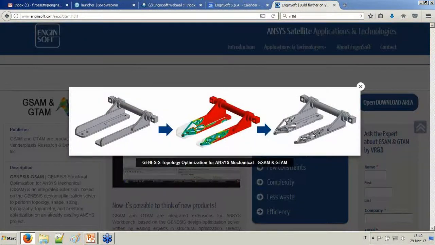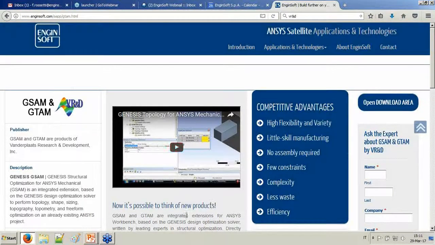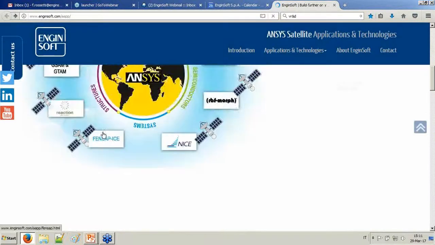It's possible to improve the efficiency of the geometry, making it lighter, and then export the STL file inside SpaceClaim, for example, and re-engineer and rebuild the geometry completely in order to have a very efficient geometry. There is also the possibility to exploit additive manufacturing, which should be a very interesting application. This is an example with GSAM, but it's possible also to evaluate